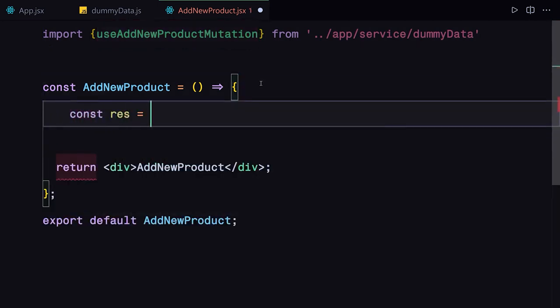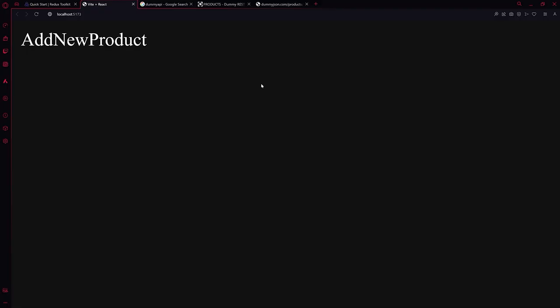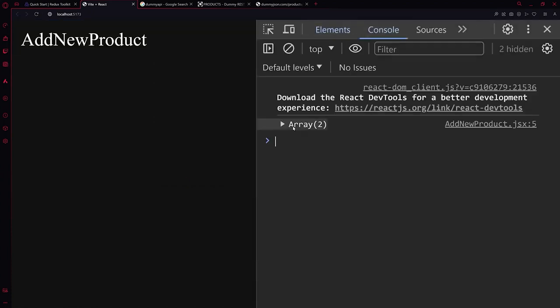I'm going to just write a res, and it's going to be equal to the same method or hook, whatever you want to call that. But if I just log this res to the console, save my file and refresh, right click and go to inspect element, here you can see it's going to give us an array, not an object